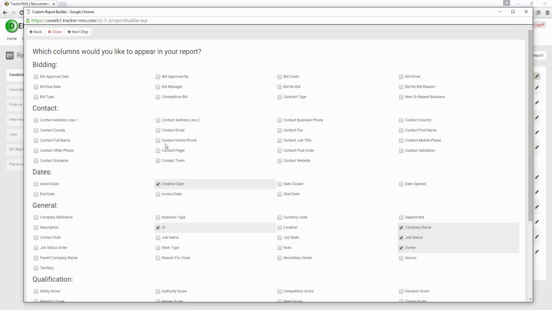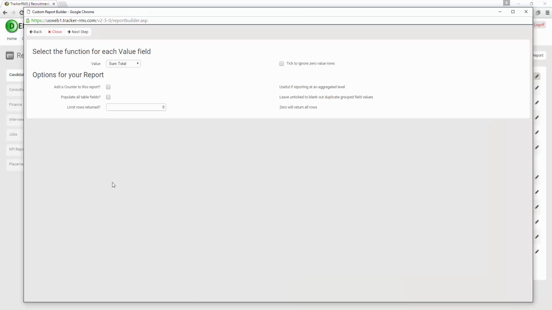So I can grab any additional details I want for this particular job. Let's say we also want to bring in the full hiring manager's information. Now I can hit next step. If I wanted to add any additional columns, I could always go back to this screen and tick any more boxes that I want to bring in. One of the things with the report, depending on the amount of data you're pulling through, sometimes it can take a little bit longer to move from page to page. If you look in the very top corner of your browser, if you see it still spinning, you know it's